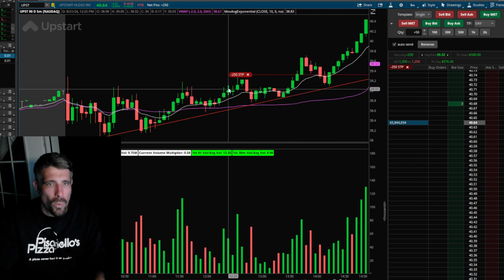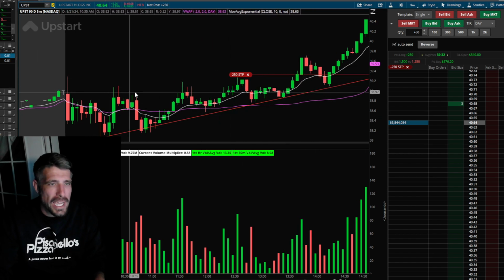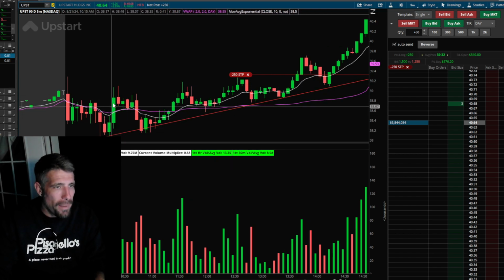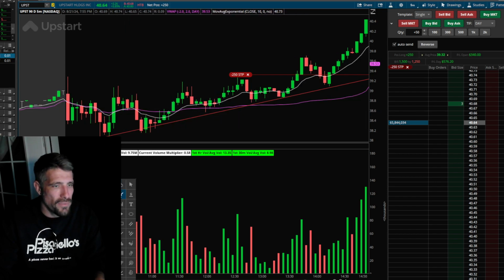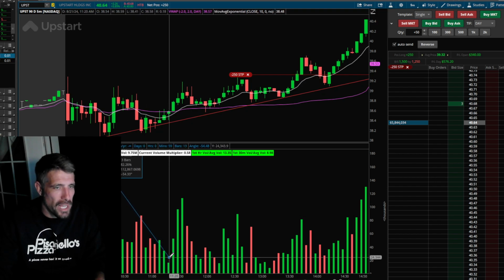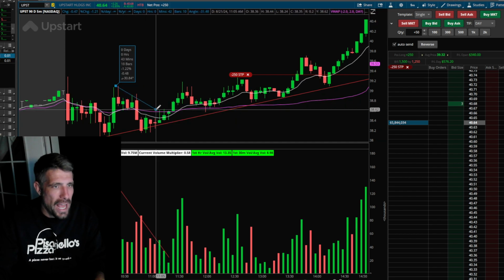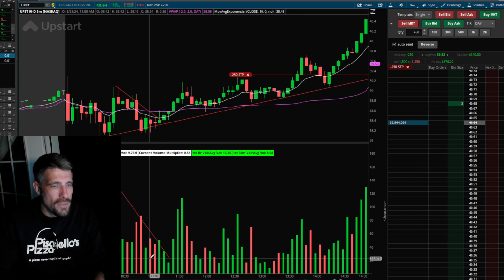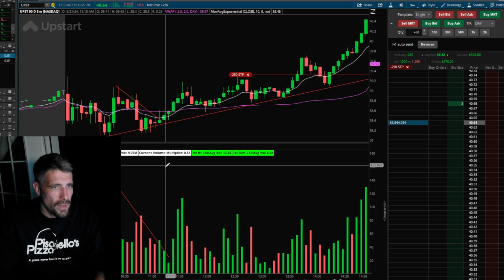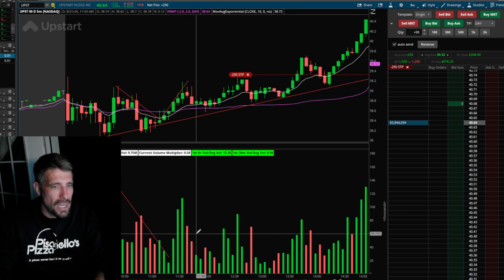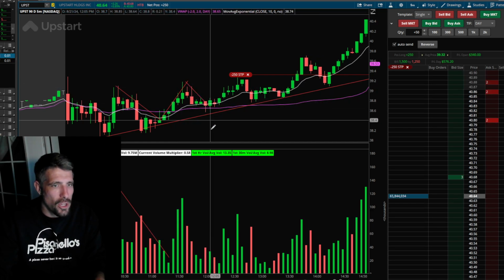And then when I'm looking at this, right, I'm not even really taking this into account. But if we do now, we can see the push ups on volume are much higher than the pullbacks. See how it pushes up on volume and then it pulls back on lower volume like this, right? You're pushing up on volume, and as it pulls back here, the volume's getting lower here, right? Then it pushes up again here. Look, it's on higher volume here. As it pulls back here, it's on lower volume here.